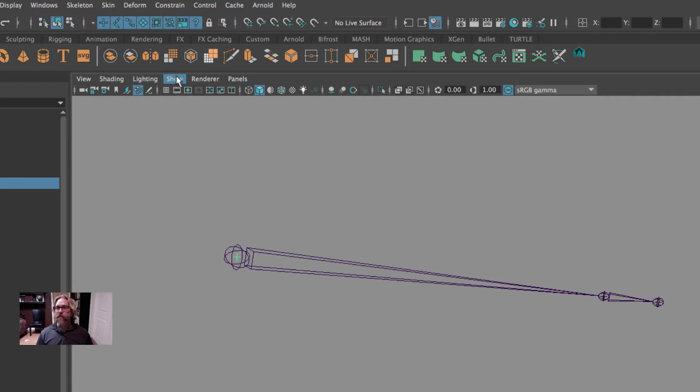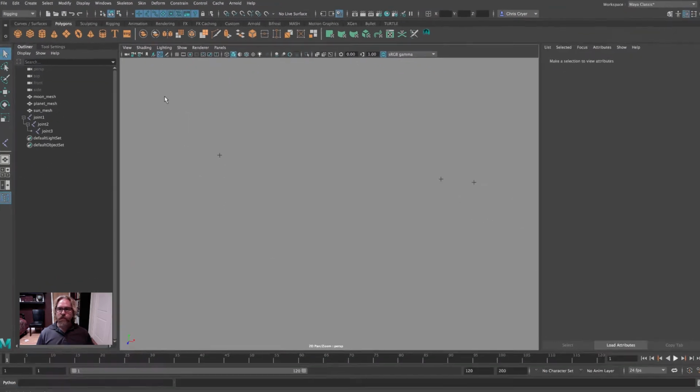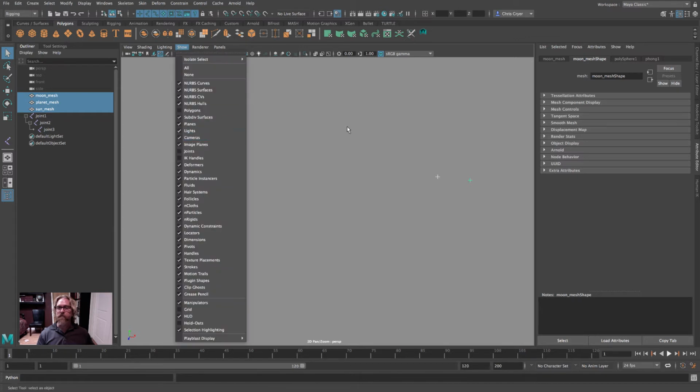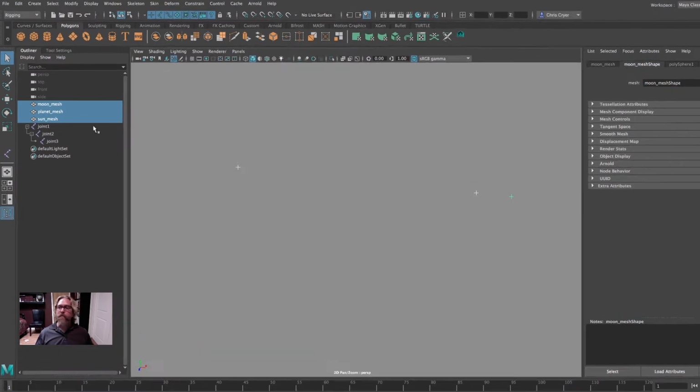And an easy way to do that would be to hide our joints. Oops, we'll hide our joints. That allows us to draw a bounding box around those handles. We could have done it with the joints on, it would have selected, but just for demonstration's sake, I've hidden my joints so that we can see that I only have my handles selected. And when I say handles selected, right, they represent these